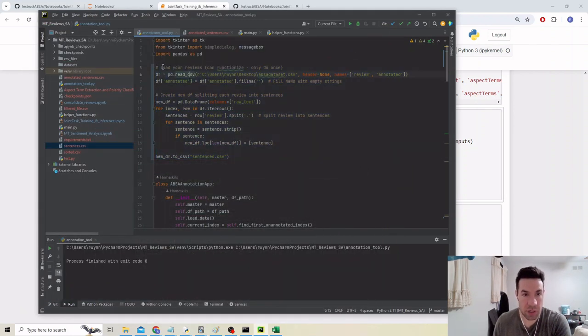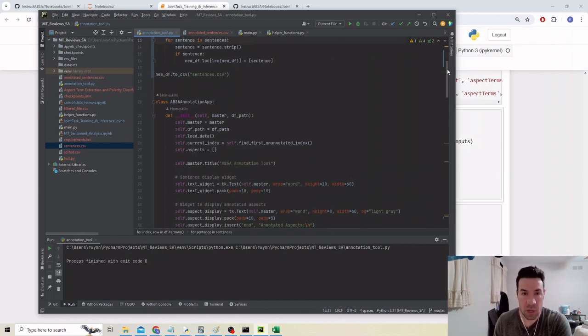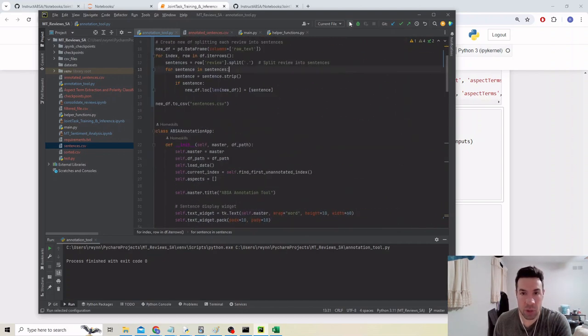And you can see I've commented it here. You only need to do this one time, and then you can comment this block of code out. You won't need to run it again unless you're doing it with a new set of reviews. But that's what this first section does. And then when you actually run the code,